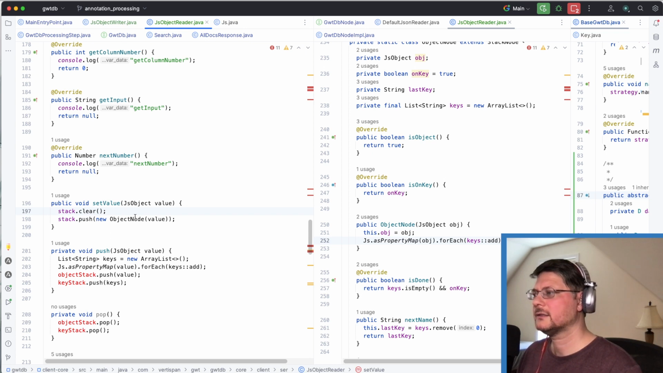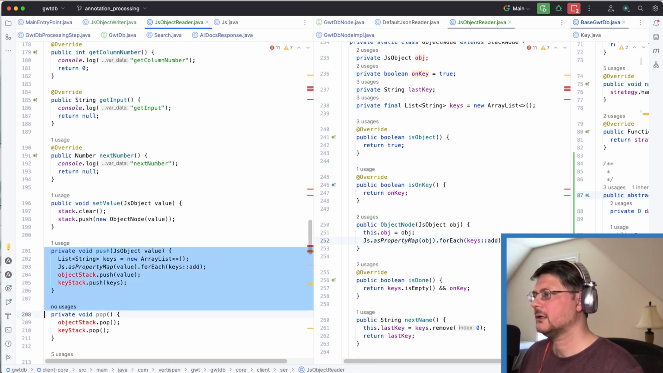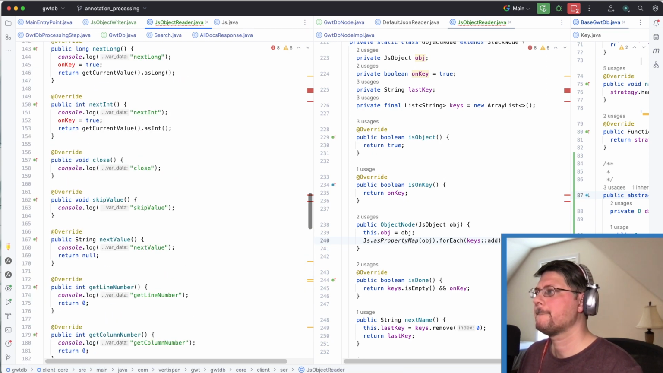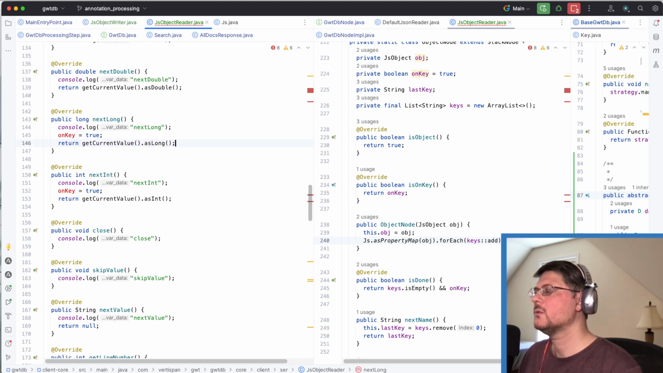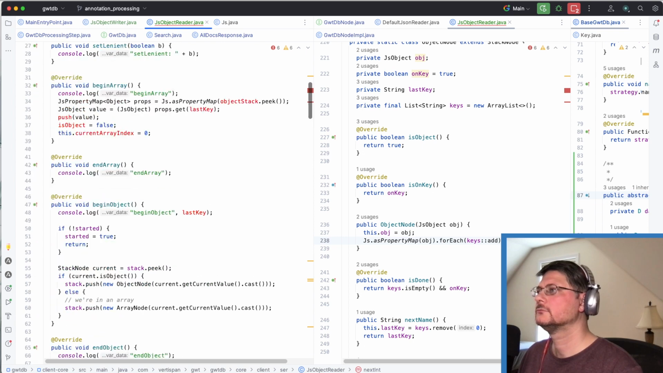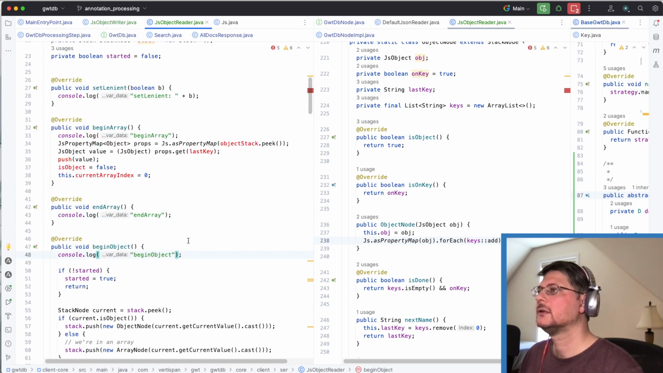Stack clear. That's cool. I don't think I'm pushing like this anymore. Or popping. That's fine. Don't need to worry about this stuff anymore. All right, so begin object. I don't really care about that. And begin array. So if we're beginning an array,